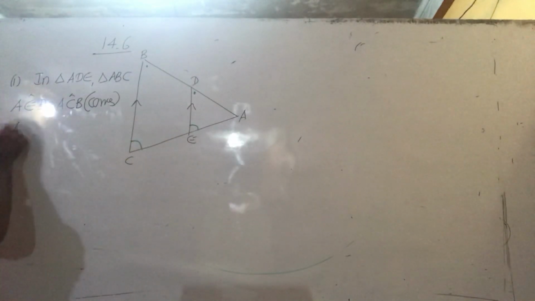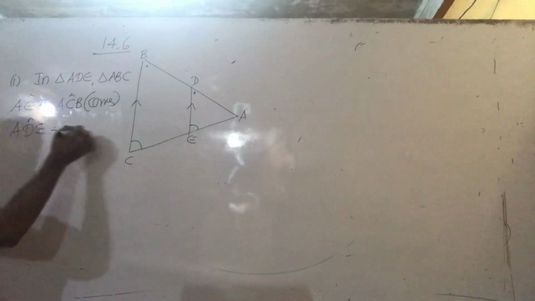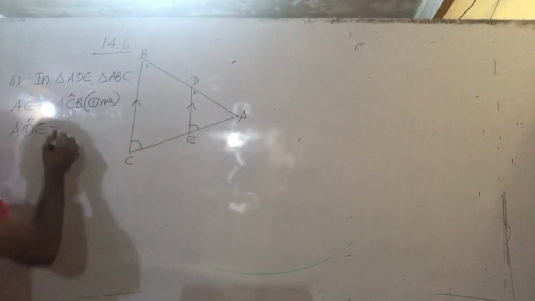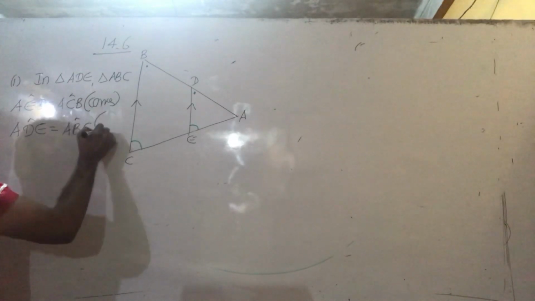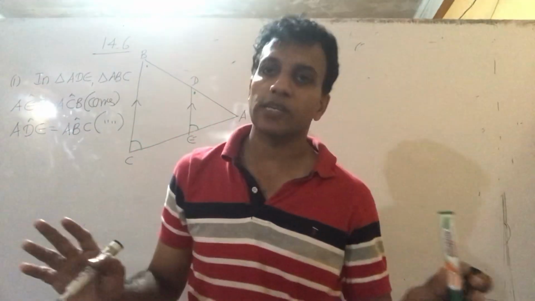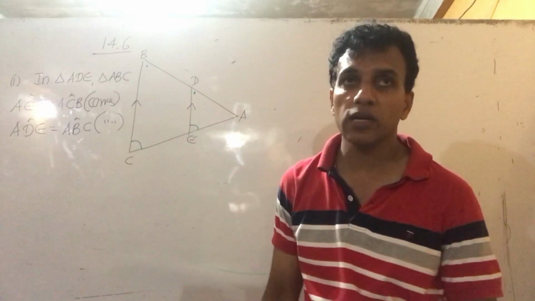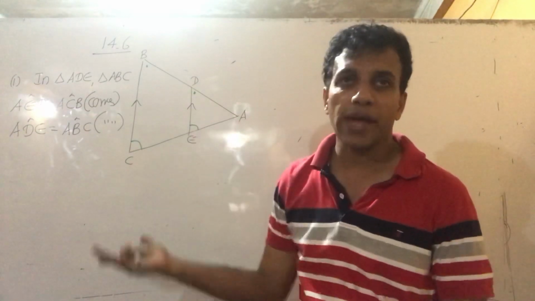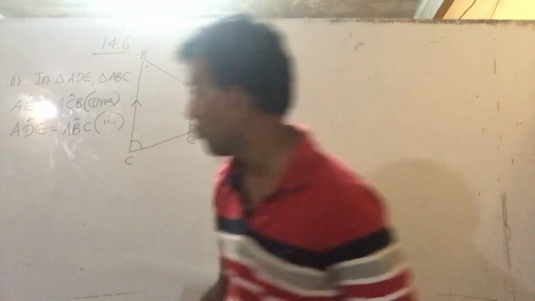ADE, okay? This one what? ABC, okay? Because of the parallel lines, the same method, corresponding angle. That's enough. If two angles are equal, you know, the third is also equal, common angle, not necessary to write. A pair of angles is enough. Therefore,